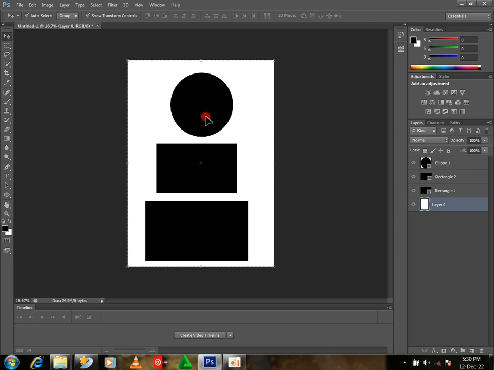I have to color them, and to color them, look at this. When you come to the right hand side here, you can see the layers. The first one, layer 0, that's the background. Then rectangular 1, that's the first rectangle. Rectangular 2, the second rectangle. Ellipse 1, that's the first circle. So now, if you want to color